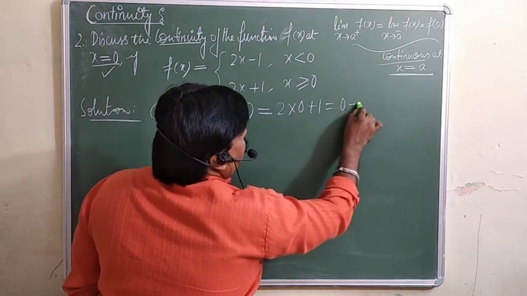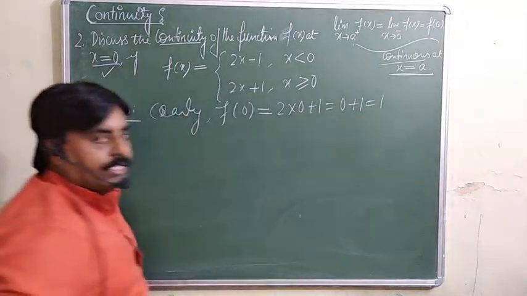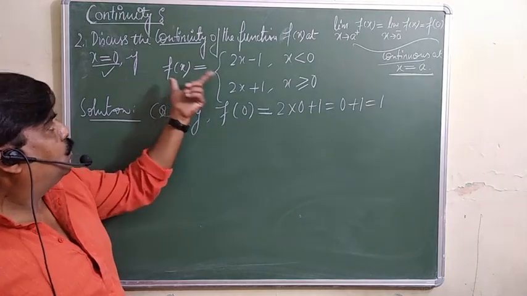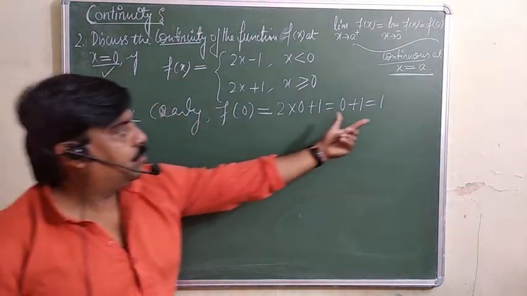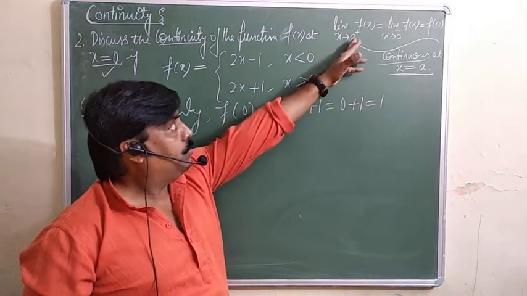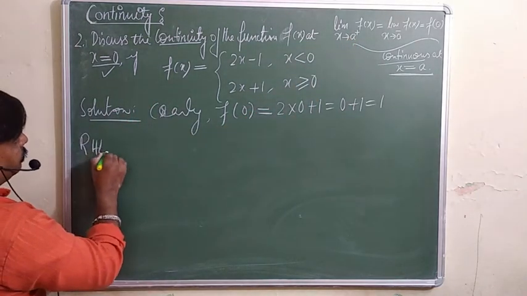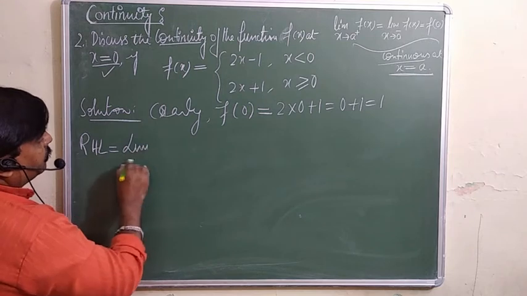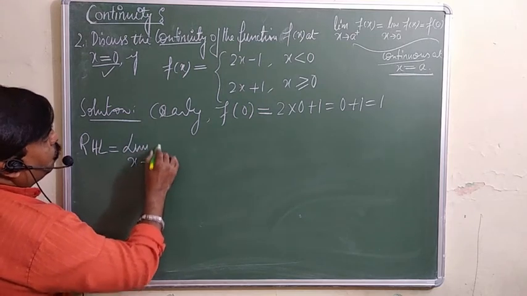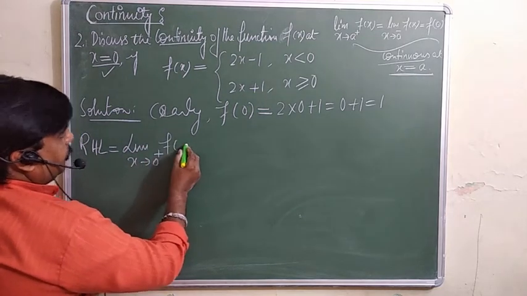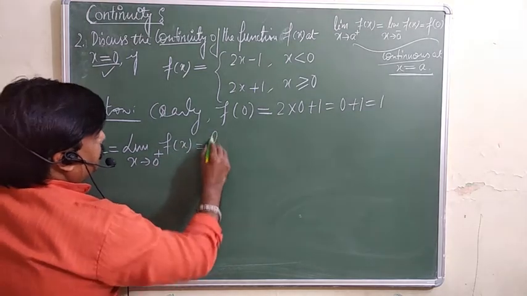So this is 0 plus 1 is equal to 1. This is the value of the function f(x) at x = 0, which is equal to 1. Now you have to take the right hand limit. So the right hand limit, that is the limit as x tends to 0 plus of f(x), can be written as